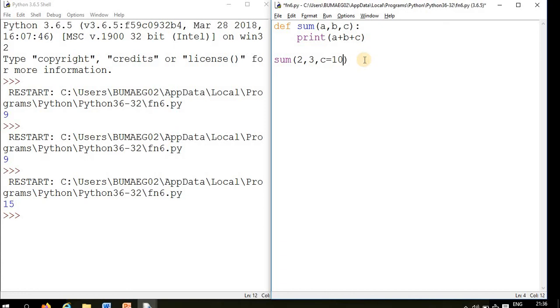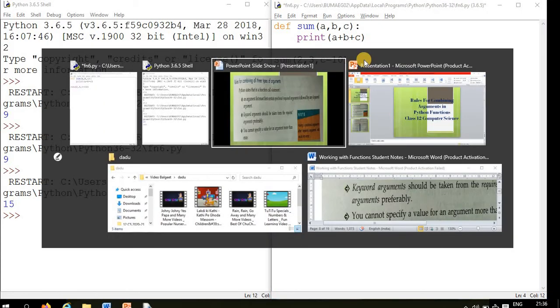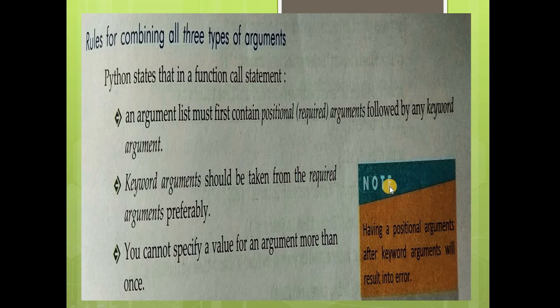You can observe this note also: having a positional argument after a keyword argument will result in an error. This is the first point you have to remember.